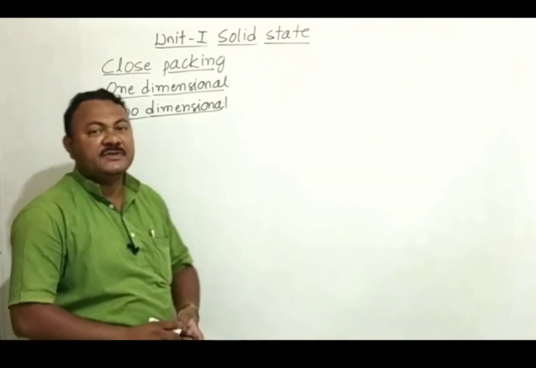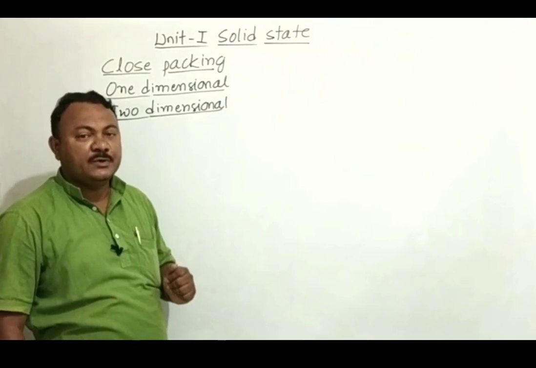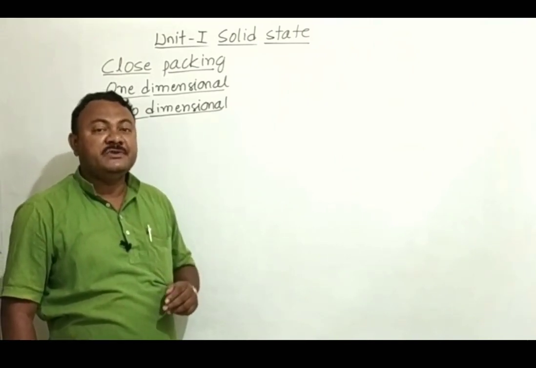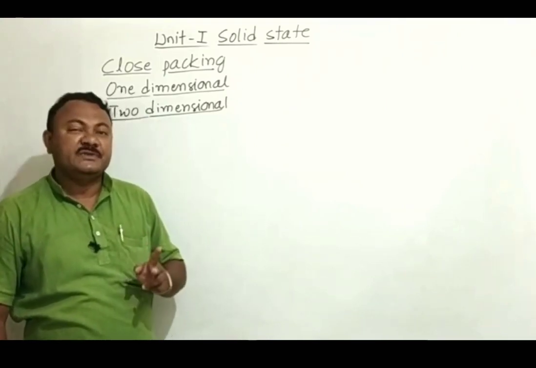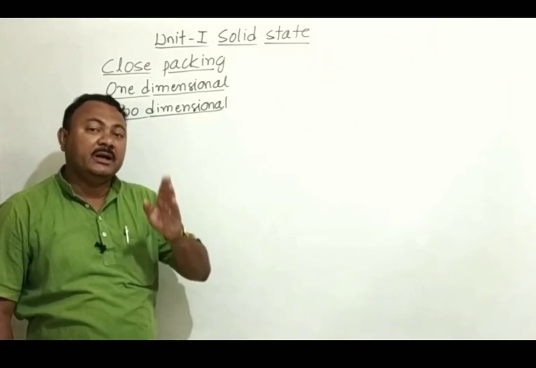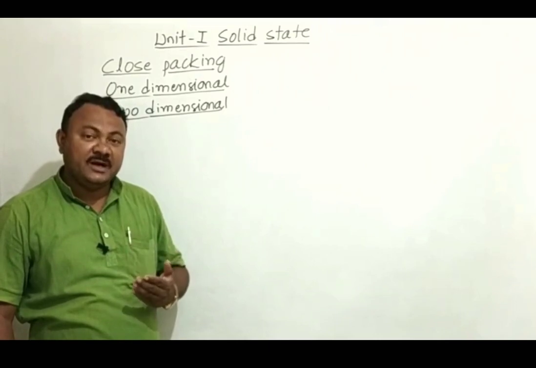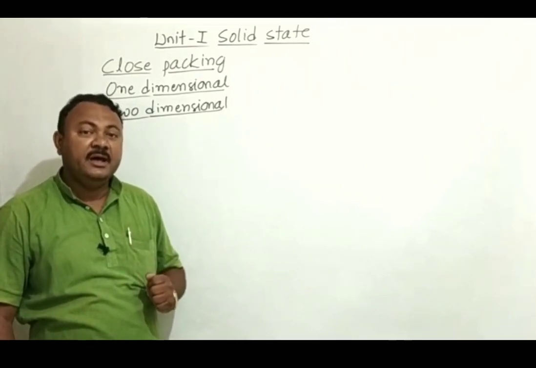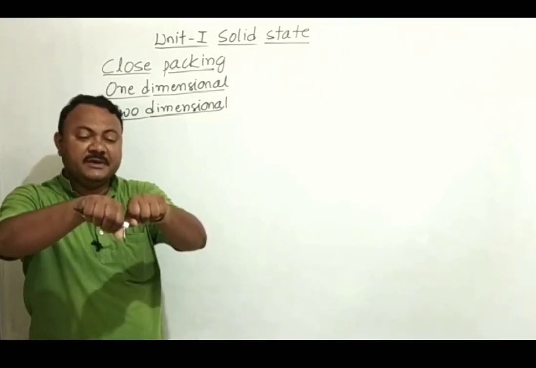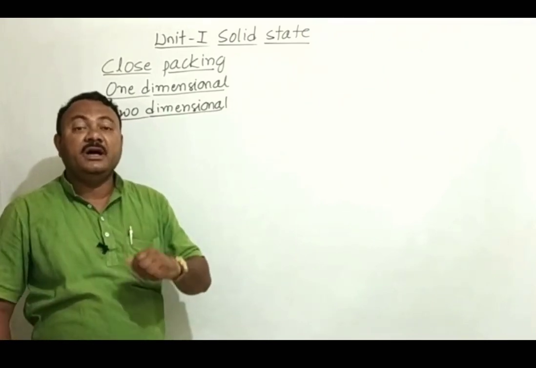Two-dimensional close packing in the sense we are moving along x and y axis. Let us take one-dimensional close packing. By using one-dimensional close packing, we are building now two-dimensional close packing. Now see, there are two possibilities. Either we have to arrange the spheres exactly one above another, or we have to place the other layers above the first layer or below the first layer in the depressions of the spheres. Depressions of the spheres in the sense wherever the spheres are joining at this point we are going to place the spheres of the other layer.